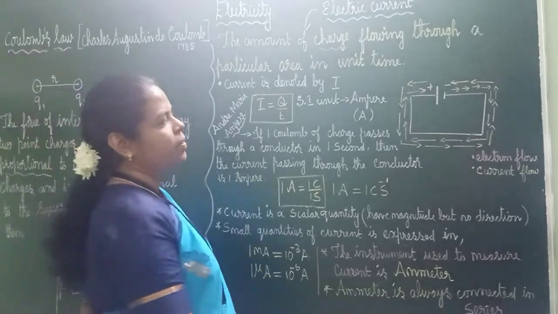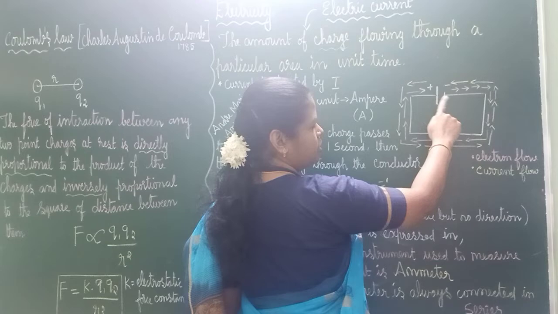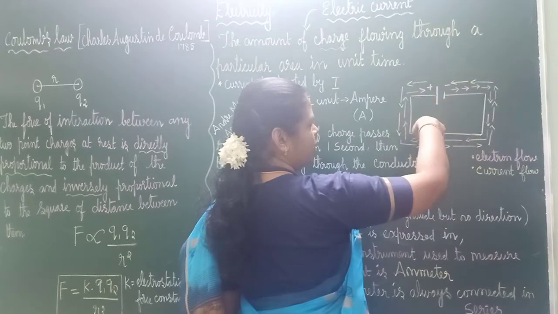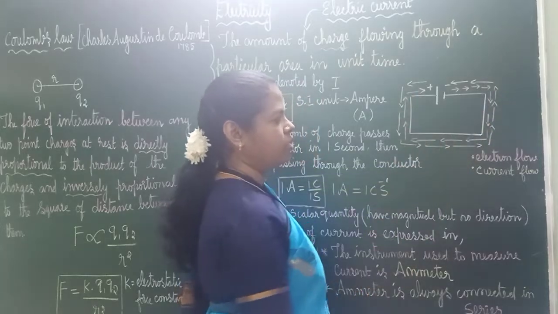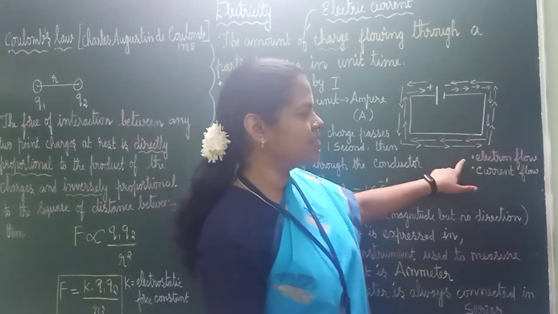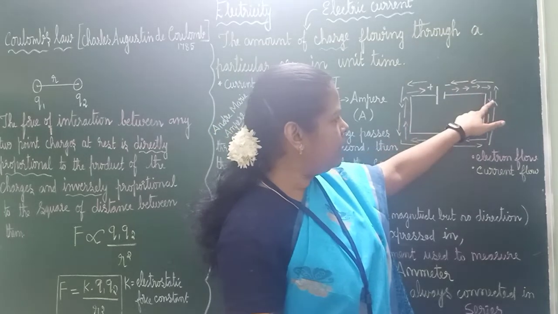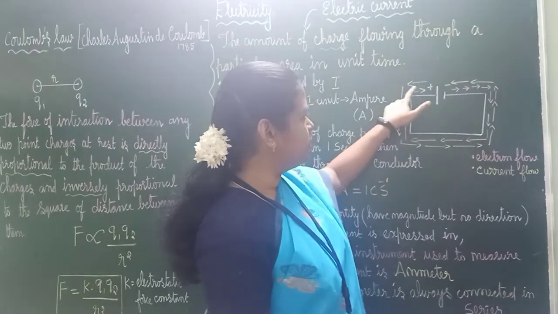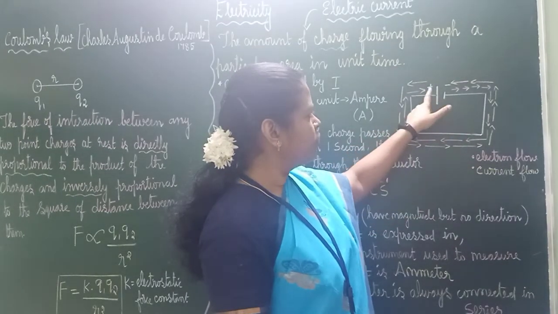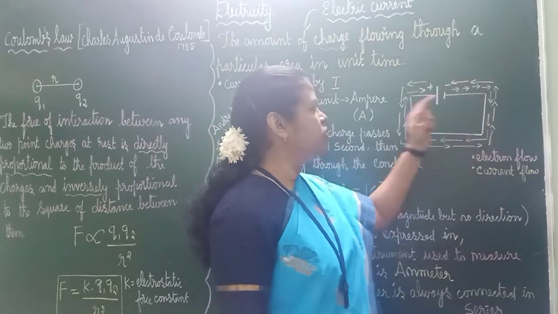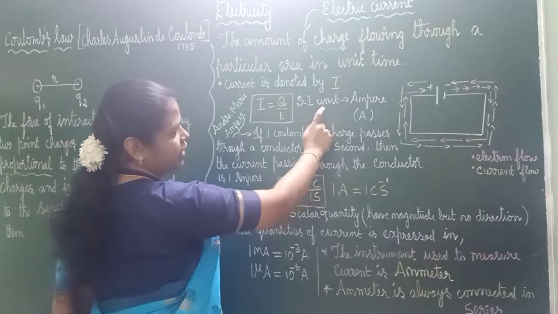Now see, this is positive charge, this is negative charge. From the positive terminal current is flowing, and the electrons flow from the negative terminal to the positive terminal. Two colors I have used. The pink color is the electron flow. The electron moves from the negative terminal and reaches the positive terminal. But current is just opposite to that, it flows from the positive terminal to the negative terminal. Now the SI unit of current is ampere.